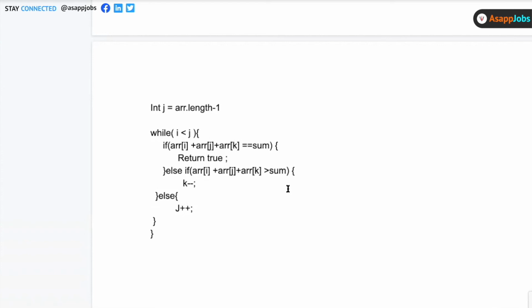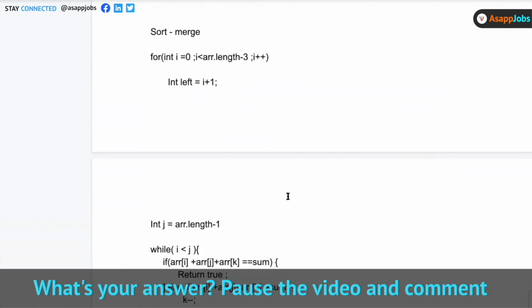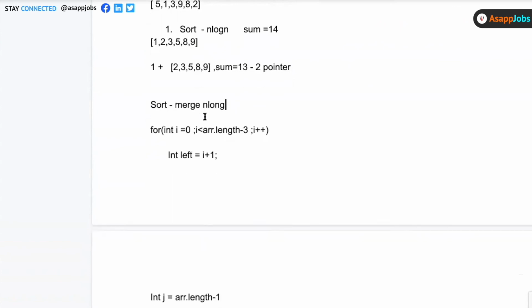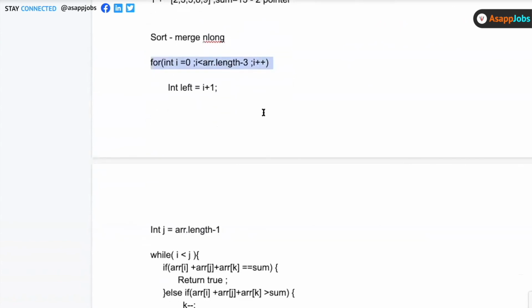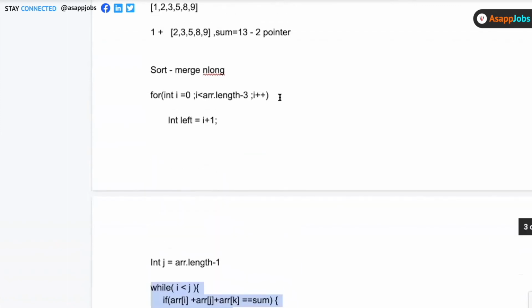Make sense? So now what is the time complexity of this problem? N log n is of this sorting, and here there is an outer for loop which runs n times, and then there's an inner loop which runs approximately n times. So the total time complexity here is n square. Don't make a mistake on the time complexity, guys. We have done enough problems to get it right. Only n into n. By the brute force way, the time complexity was n cube. If we do it with this two-pointer approach, the time complexity comes down, and it becomes O of n square.